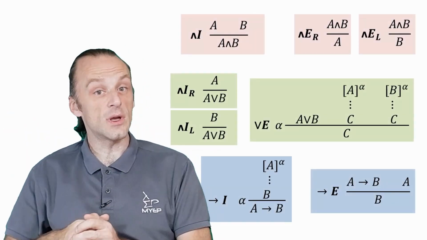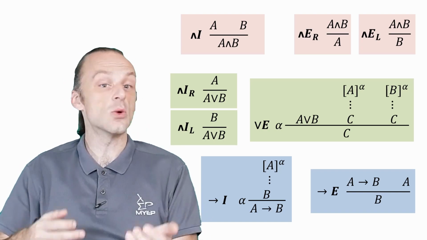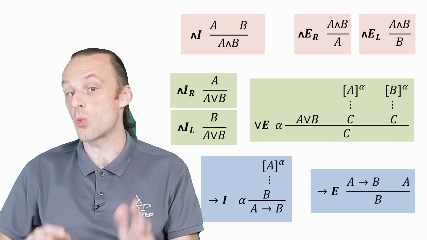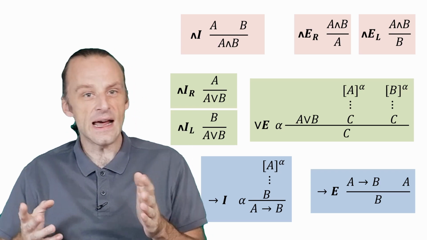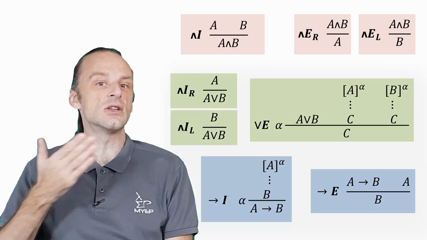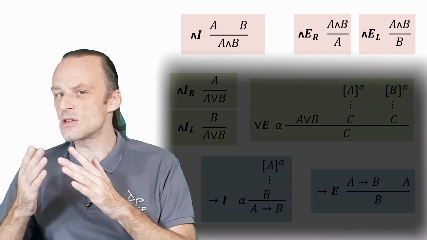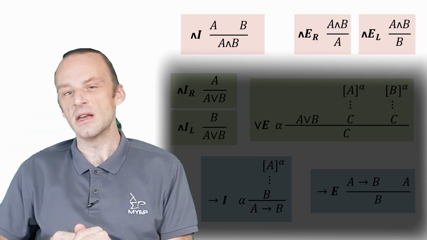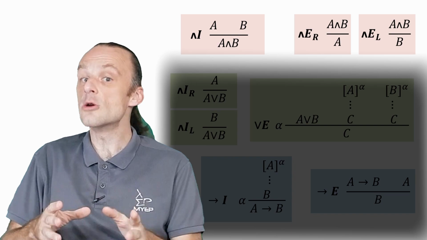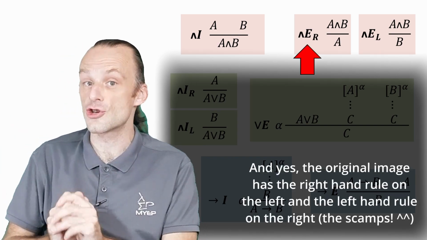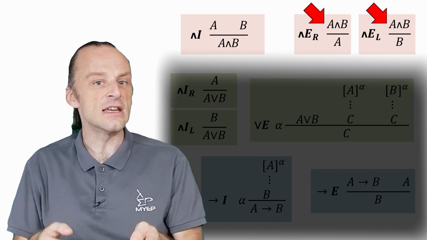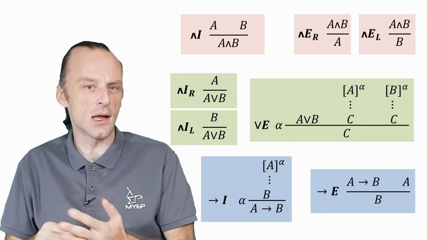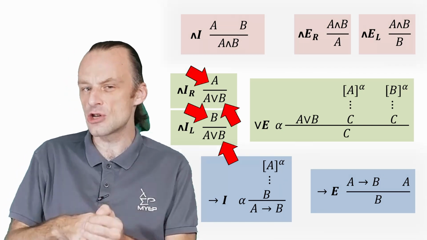The same rules that we've learned are written down in a form which means that we can work down a page in branches, ending or connecting branches when needed. The rules can be laid out to assist with this, such as with the conjunction introduction here. A is on the left, B is on the right, and we move down to the conjunction underneath. The conjunction elimination, shown here as a separate left and right version, shows us deriving A and B into A alone or B alone. We saw this called simplification in the last example, and it's similar with the disjunction introduction